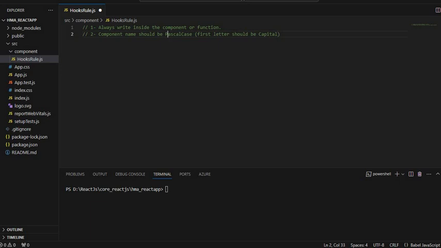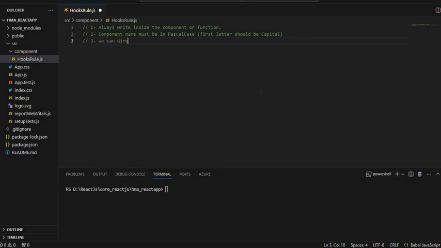The name of a component must be in Pascal case. You see here, the first letter of a component name will always be capital. So follow this rule. And the third rule is